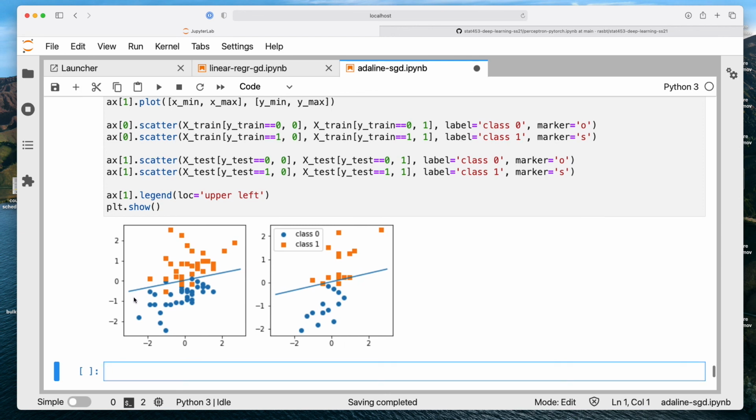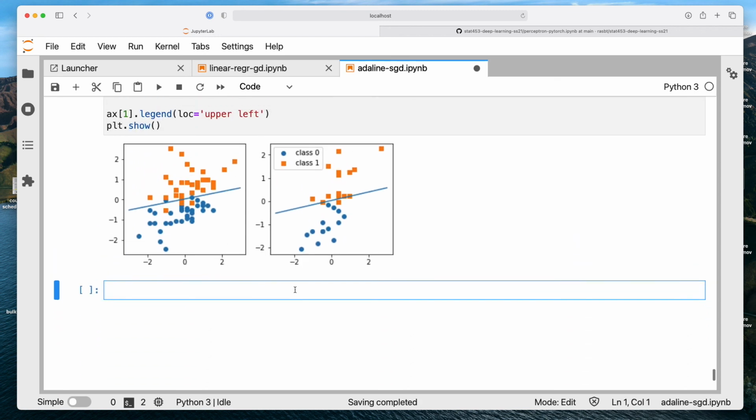A perceptron here would have really problems. It would have a decision boundary like this, and then like this, and it would flip back and forth. But this model converges. You saw that based on the training error. So it's finding a good boundary here. And this is for the test set. So yeah, this is it for this lecture.